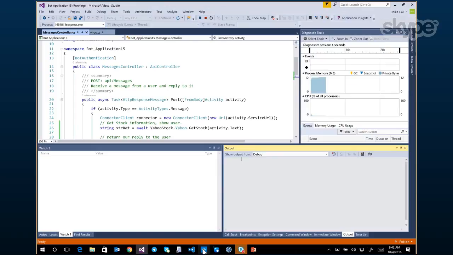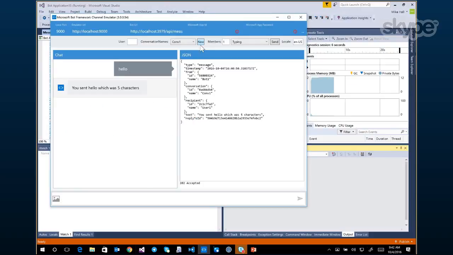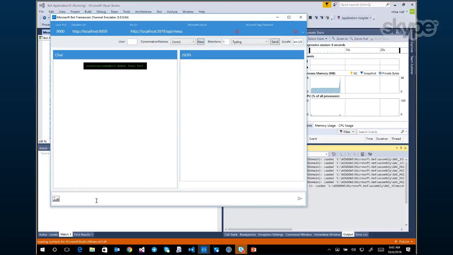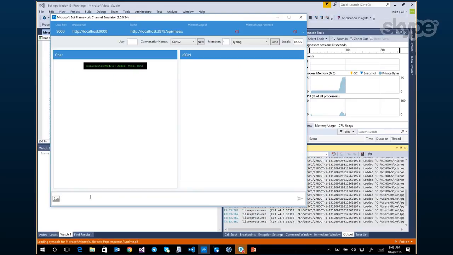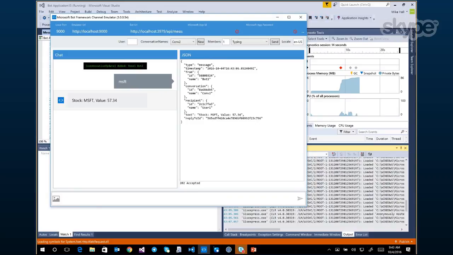Okay, there's our web page. Go back to the emulator. I'm going to create a new conversation, so we in effect start from scratch. And now I should be able to give this a stock ticker name, such as MSFT, and I get a value back. If I type something hopefully invalid, I get the message coming back that says that does not appear to be valid. Okay, great.